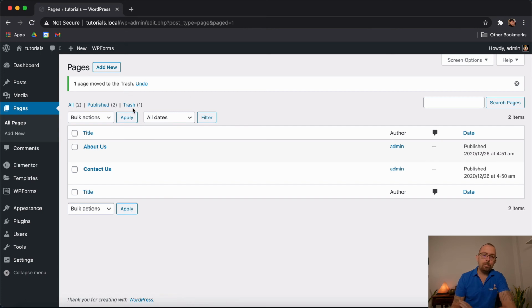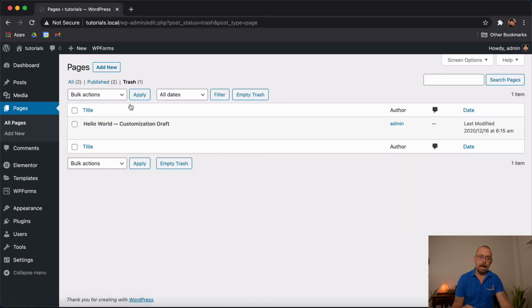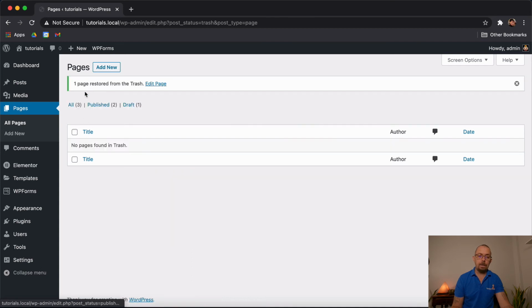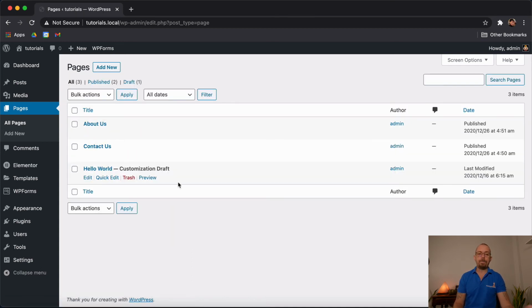Just so you're aware that when you move something to trash, doesn't mean you've deleted it completely. You actually have to come into trash and then click on this and choose delete permanently. You'd click on this if you had multiple. If you only have one, you would choose delete permanently. The great feature that has saved me so many times is restore it. So I can actually click restore, and what this does is this brings it back inside of the pages section. I've done this by mistake where I've trashed something by mistake when I was doing the bulk trashing. And it's so handy that they have that feature where you have one more step until it's completely deleted. Otherwise, it's such a headache.